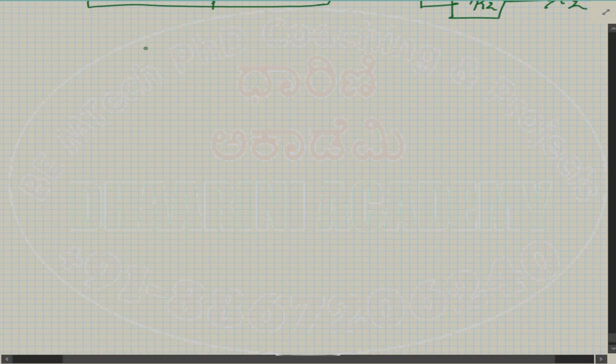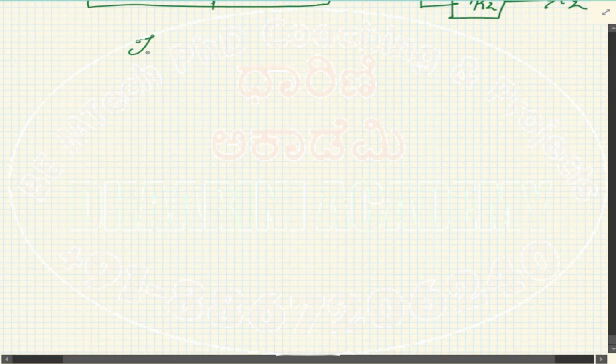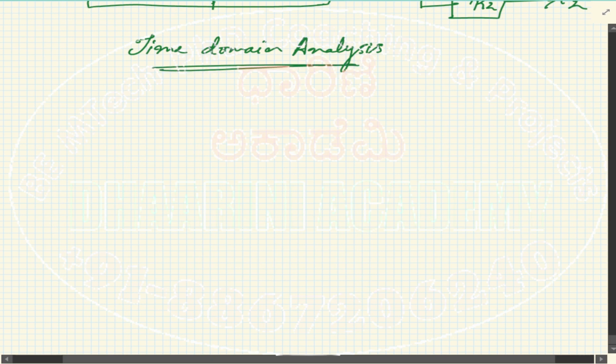So here we look at the time domain analysis of any given system, right? So in case of a control system, right, we have, say, this is the H of s,